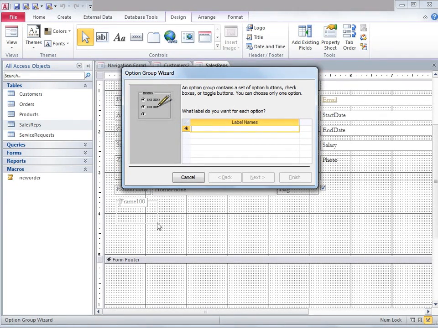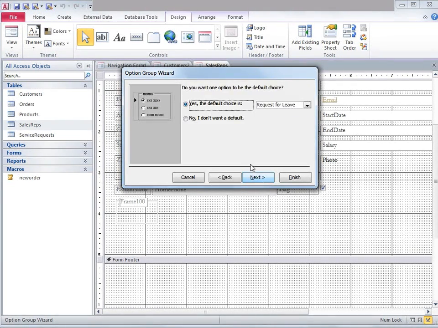Just like in this case, we're going to create option buttons for leave, wherein employees would have the option of selecting whether they asked for leave or they did not ask for leave. So let's go ahead and type in this dialog box, request for leave, and in the next cell I'm going to type in not request for leave,